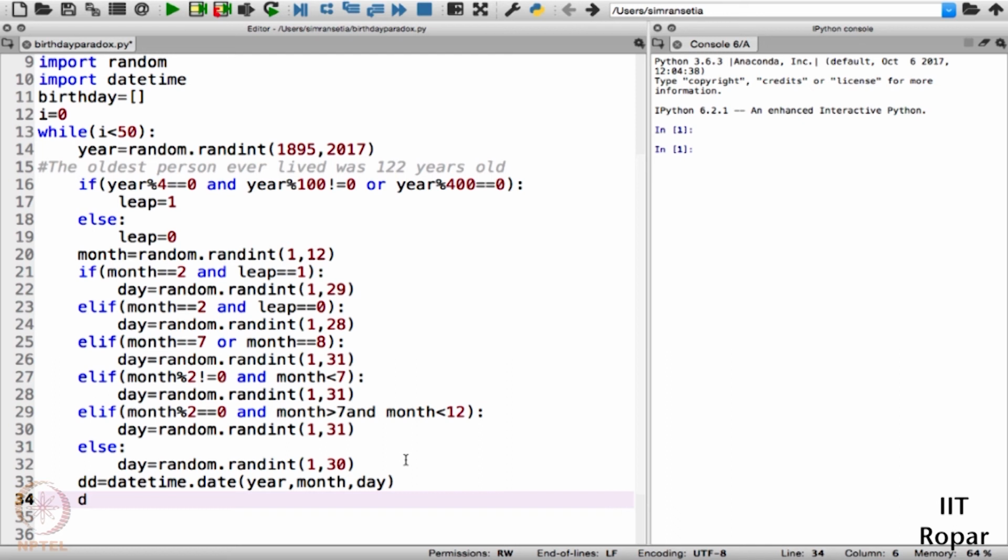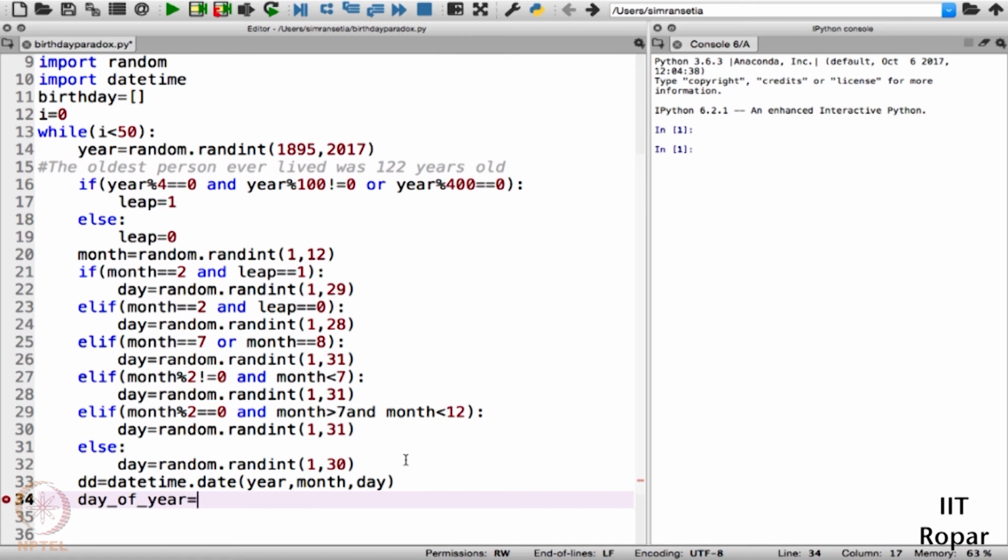Then we have day of year. Why do we need to find the day of year? As the professor explained in the lecture, we will only consider the DDMM. This is self-explanatory. If you want to find the collisions in the birth dates, you need to only consider the DDMM of different people.